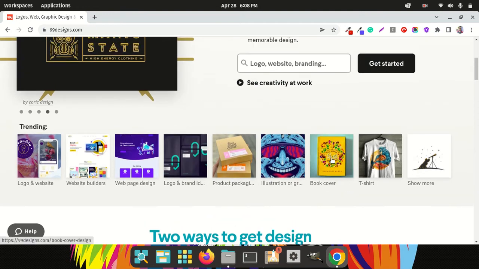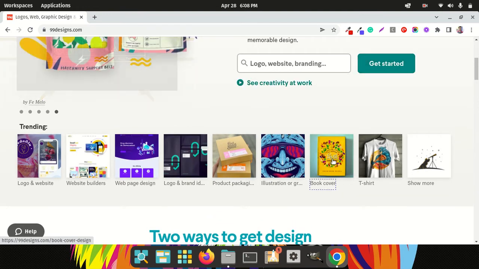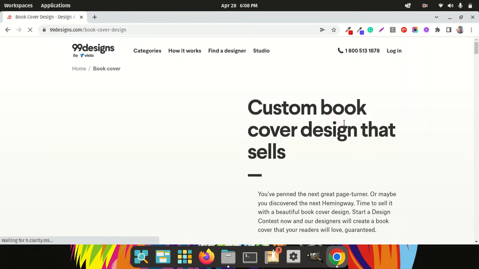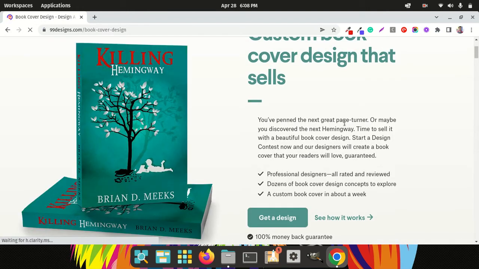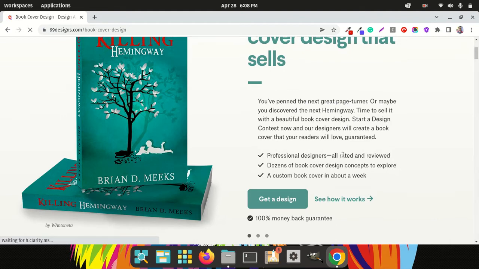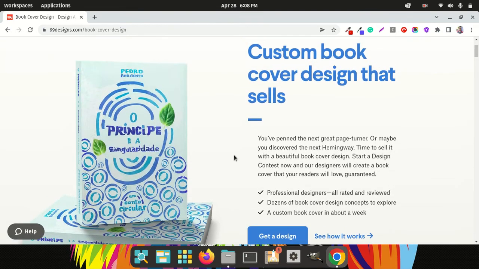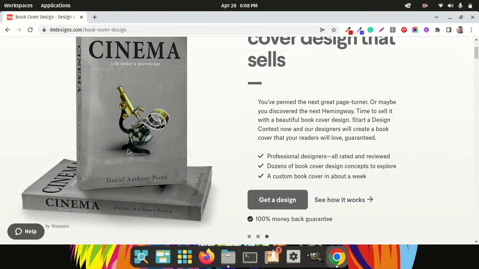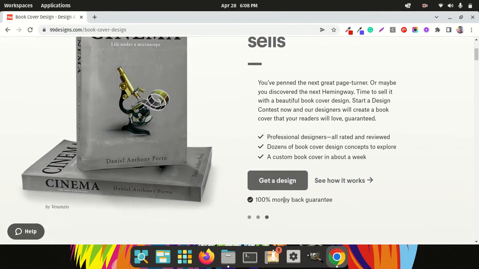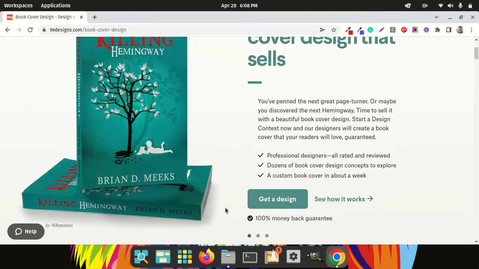For example, suppose I need a book cover design. I will click on the book cover. Then you see that you can get a custom book cover. Professional designers, all rated and reviewed, dozens of book cover design concepts to explore, a custom book cover in about a week. So all that, and you can already see the book covers look so professional over here. See, and you get a 100% money back guarantee. So I will click on get a design,